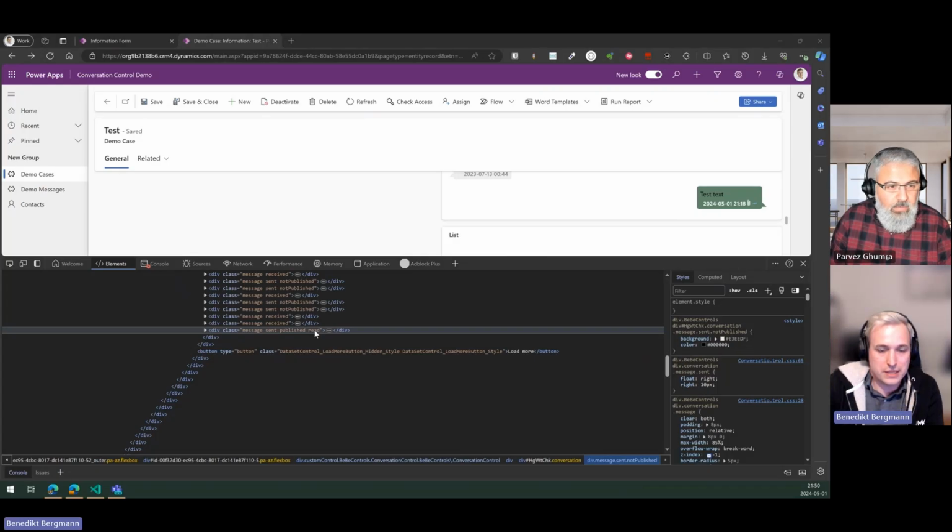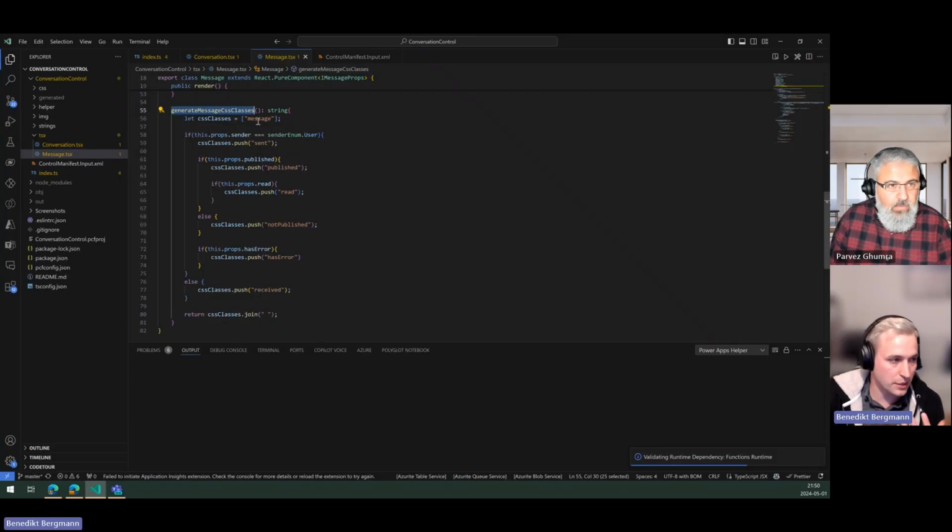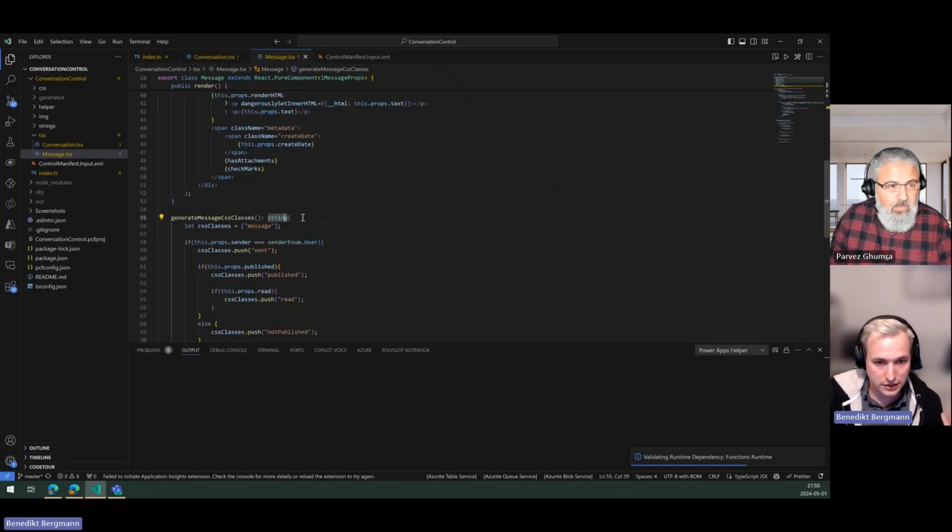I have a message React component that does the same thing for every message. I just send in an array of messages, and then it builds up the stuff how it should be. So I don't have to do my own loops and so on. So there is where React is really coming in handy, because also if I have the load more button at the bottom, if I click that,